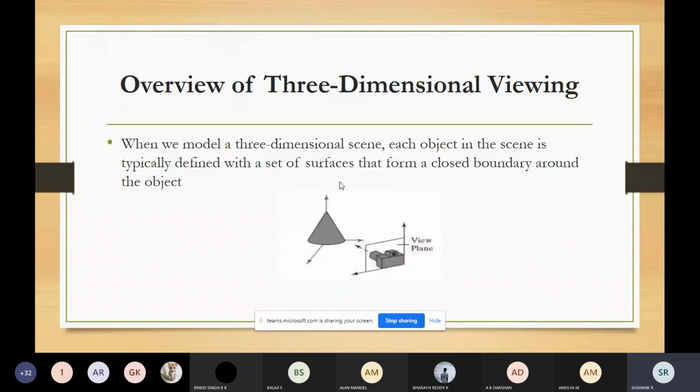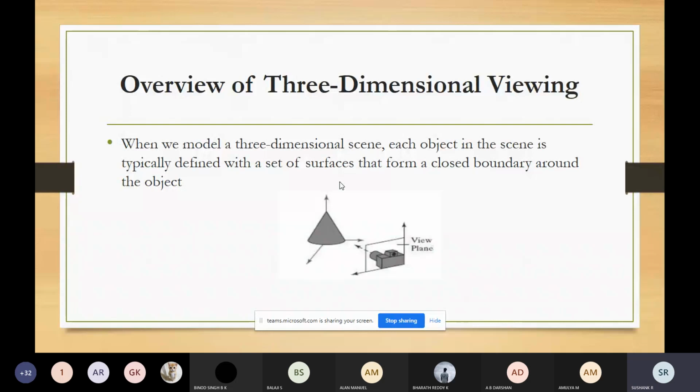Some shots will be from the front side of the object, some from the rear, some from the side, and some from the top view. It is the same object, and they are trying to construct the scene from different phases and generate that scene on the output devices. So we have more choices when we are talking about 3D viewing.